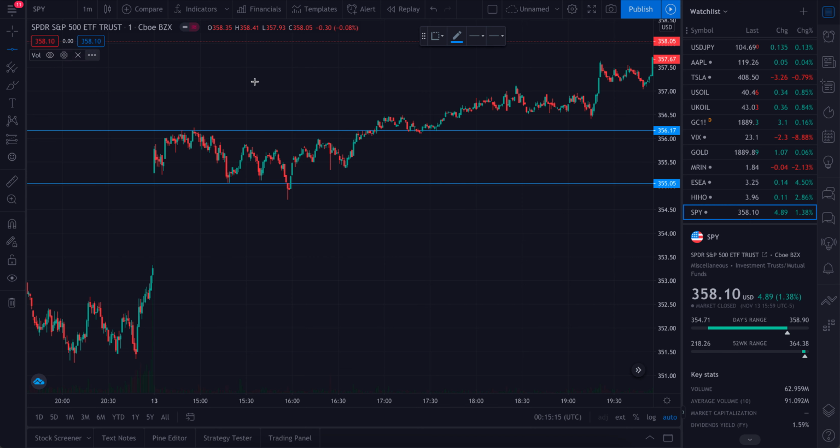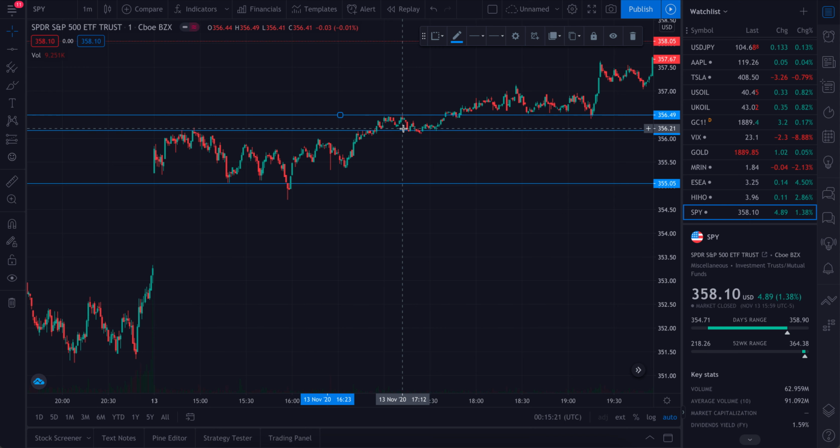Let me get that up there for you. Came back down and tested the level of initial resistance and now used it as support. This is what I was talking about with the notes. It broke through the initial resistance and used it as support. Came back down, bounced off support, came back up and tested resistance, and it did trade above the initial resistance for a while, and it did hold, which is the good sign that you were looking for.